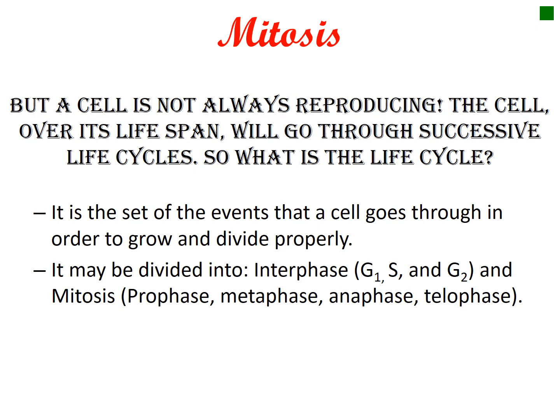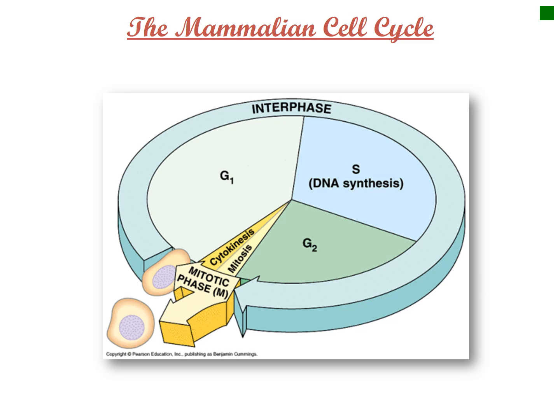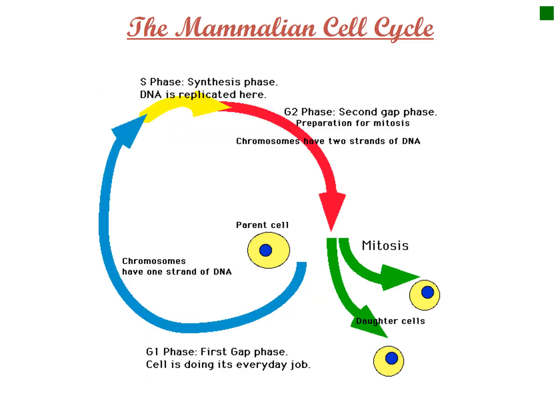This is the mitosis cell cycle. It may be divided into interphase, that starts with G1, S, G2, and mitosis: prophase, metaphase, anaphase, and telophase. S is called the synthesis, where DNA synthesis and replication take place. We have mitosis and cytokinesis, where the cell is going to divide. As I said, we have G1, first gap, where the cell is doing its everyday job. Then we have S phase, synthesis of DNA, where DNA is replicated. G2, preparation for mitosis. Mitosis has prophase, metaphase, anaphase, and telophase to produce two daughter cells that are identical